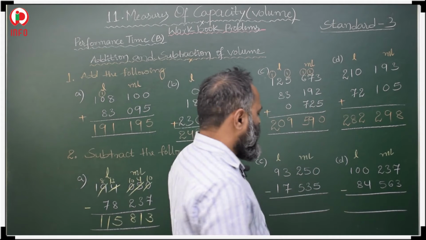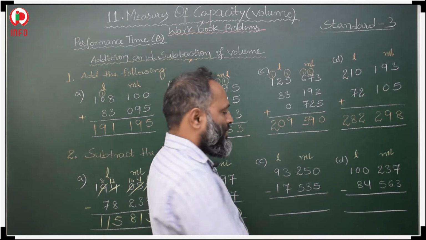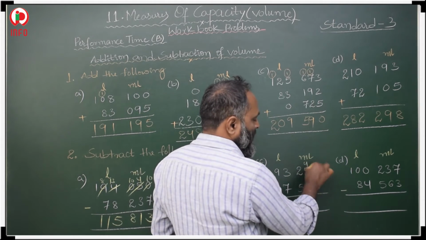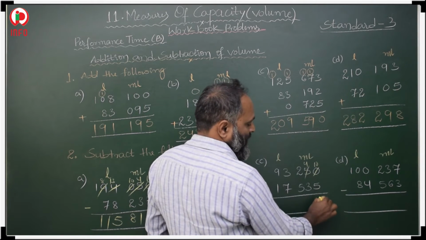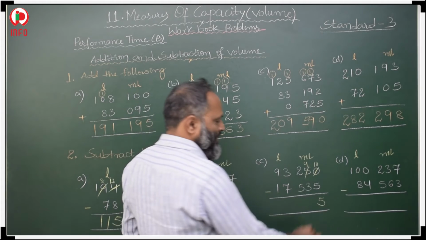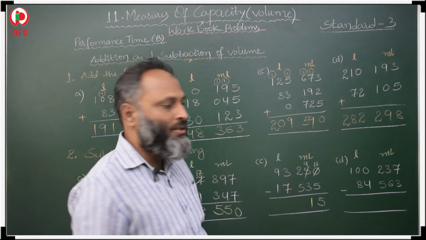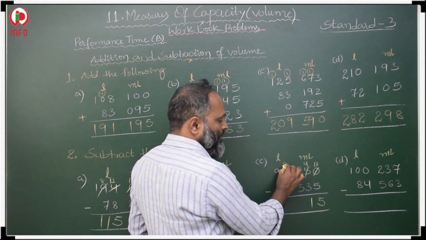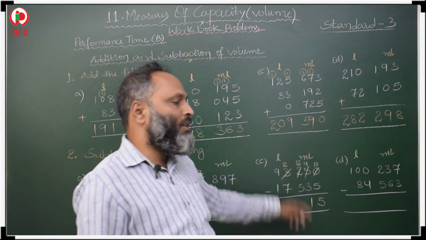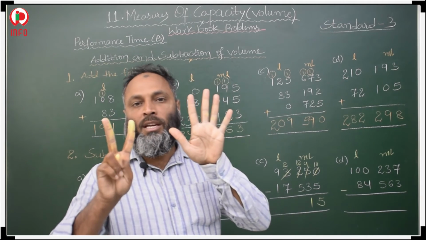Now here 0 minus 5, the extreme right digit in milliliters, we cannot subtract, so borrow from the next digit, the tens place of a milliliter. Here you will get 4, here you will get 10. 10 minus 5 is 5. Then 4 minus 3, the difference of consecutive numbers is 1. Then after that 2 minus 5 we cannot subtract, so borrow from the next digit. Here you will get 2, here you will get 12. 12 minus 5 means from 5 to 12 we have to count: 6, 7, 8, 9, 10, 11, 12. It is 7.